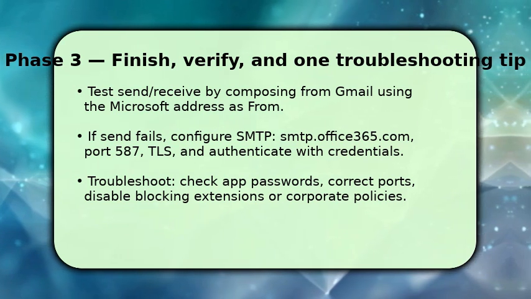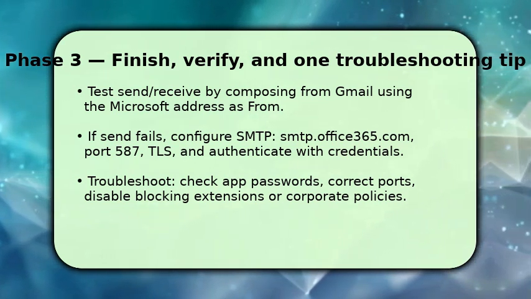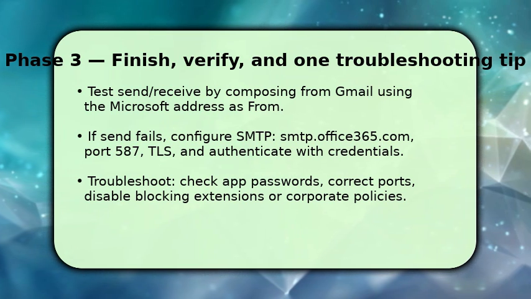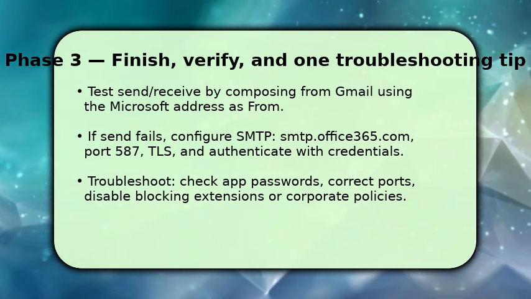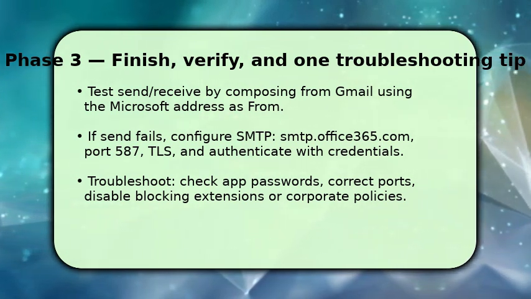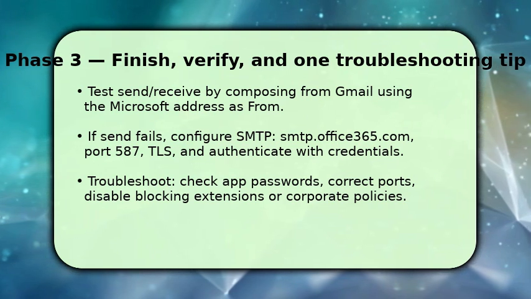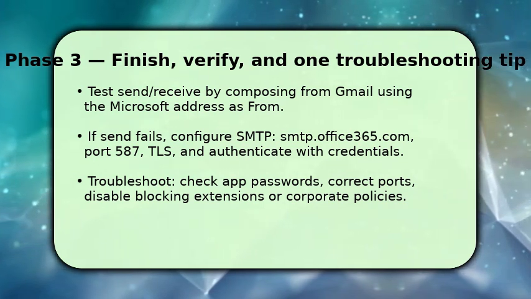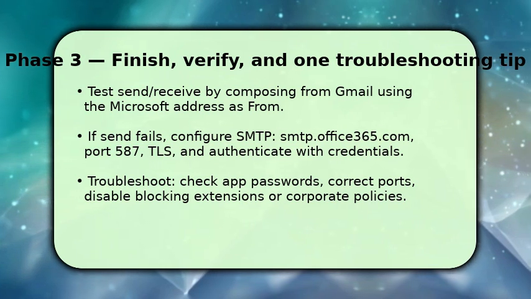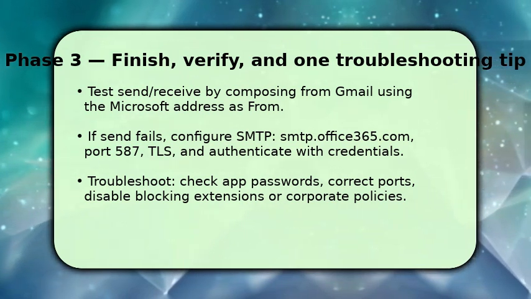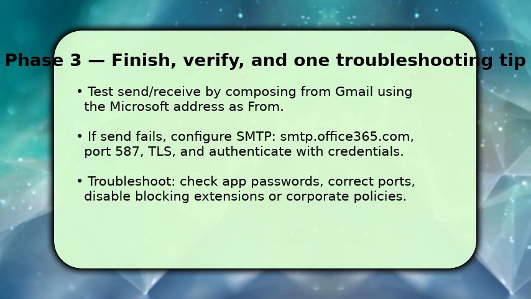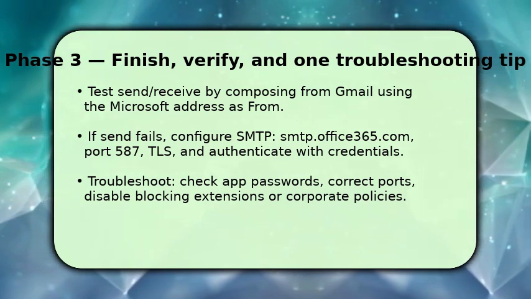If sending fails, set SMTP to smtp.office365.com, port 587 with TLS, and authenticate with your Microsoft credentials or app password. If problems persist, check that app passwords are correct. Confirm ports and SSL/TLS settings, and temporarily disable browser extensions or